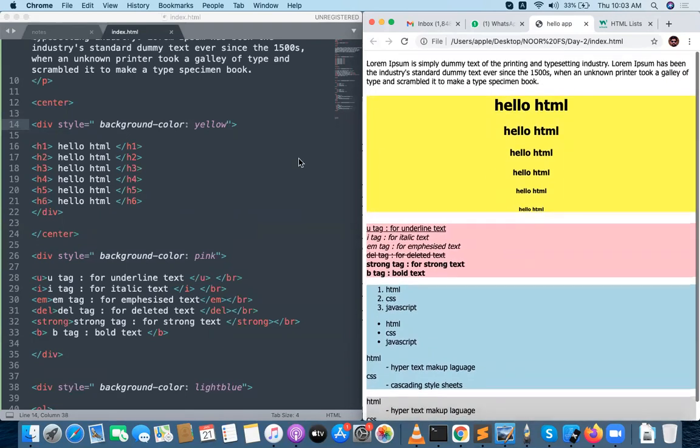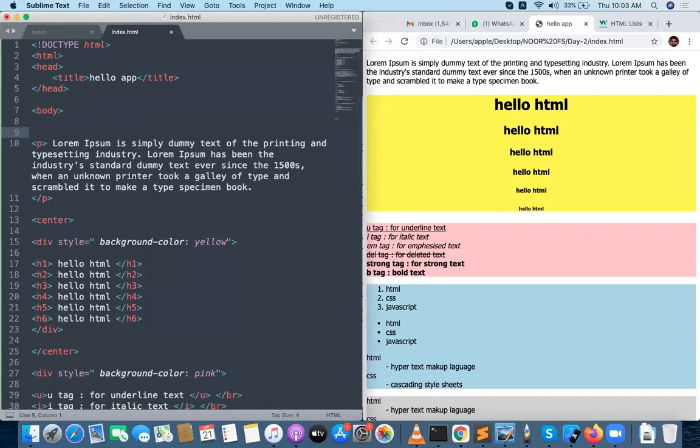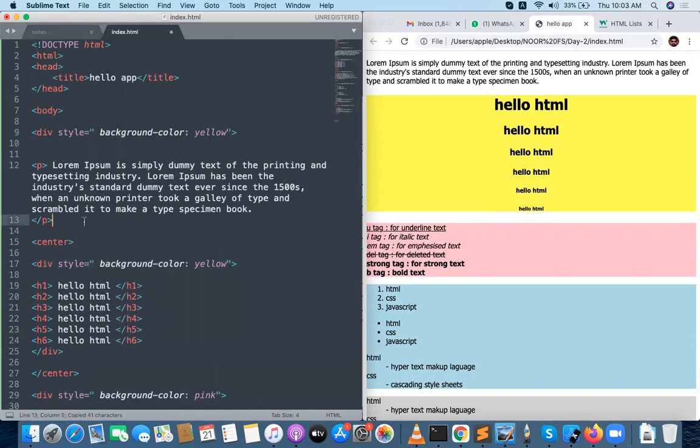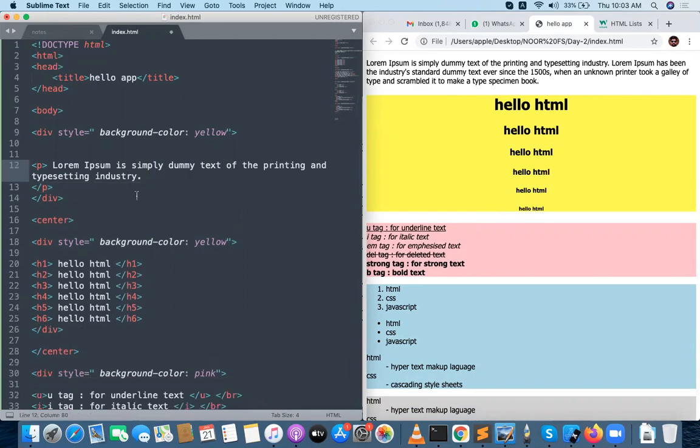For paragraphs we don't have any division yet. If you want, you take a division for the paragraphs also. A lot of paragraphs I will place in one more division. This is a simple paragraph, and I'll take two paragraphs over there.